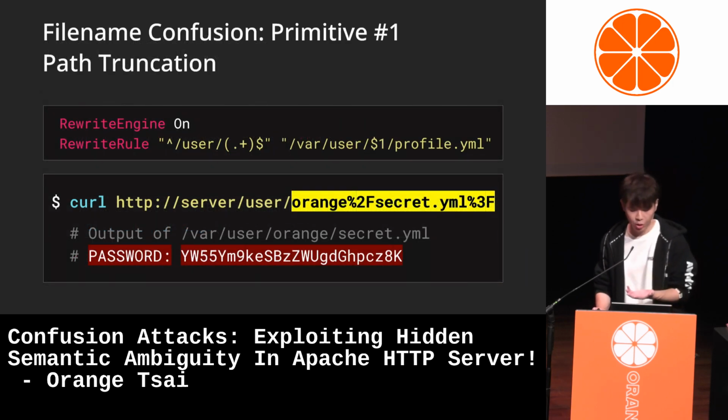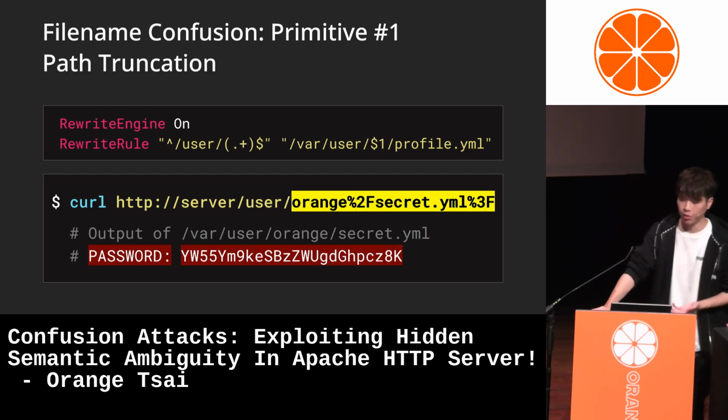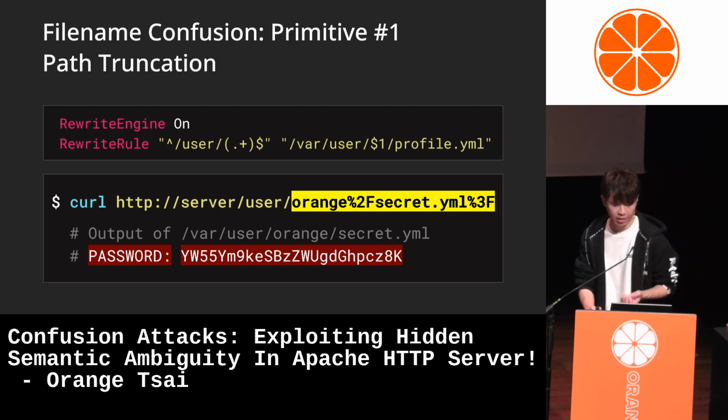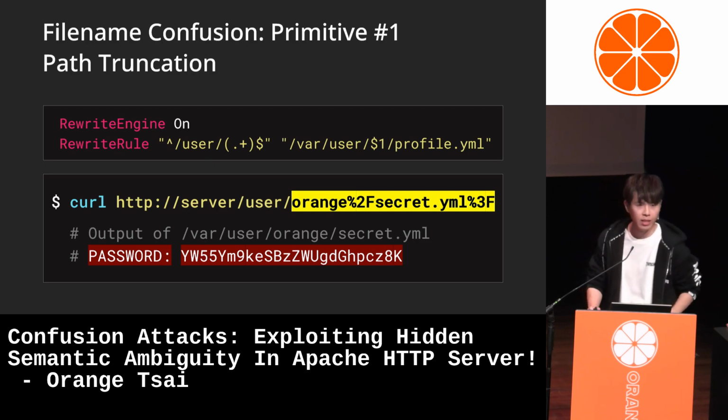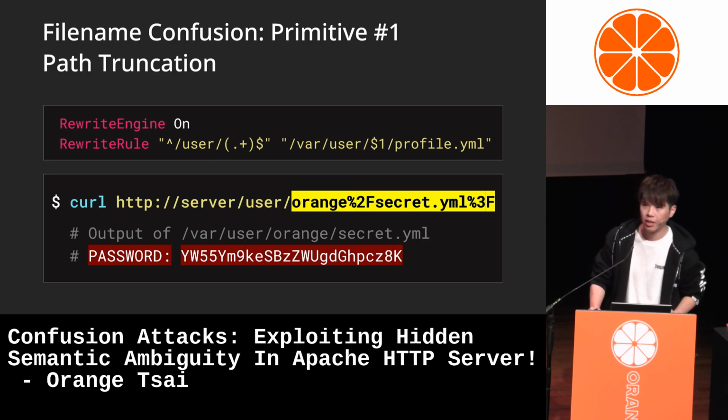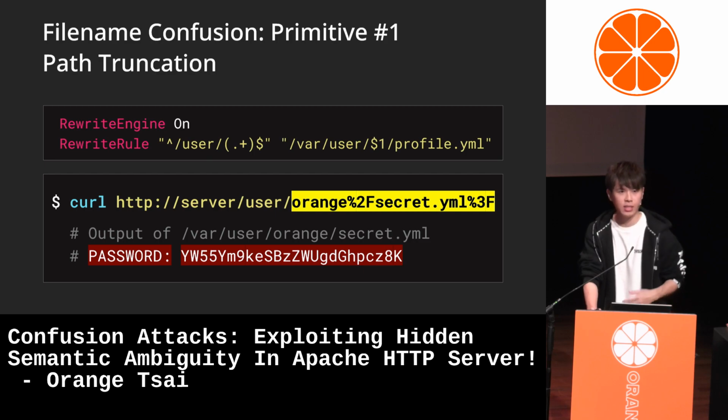So there's a path truncation here, and this is our first primitive. You can use a question mark to truncate the path and access unintended files. Here, we use this truncation to access the secret, which is normally inaccessible.